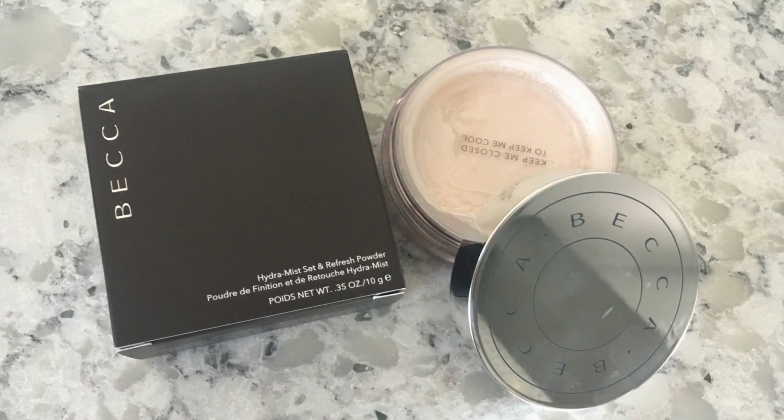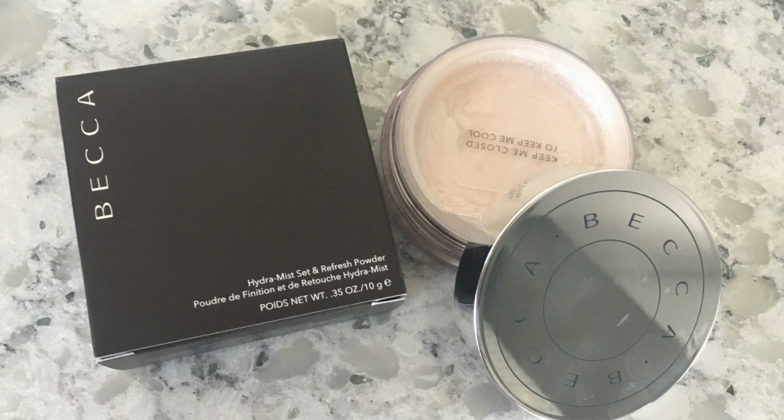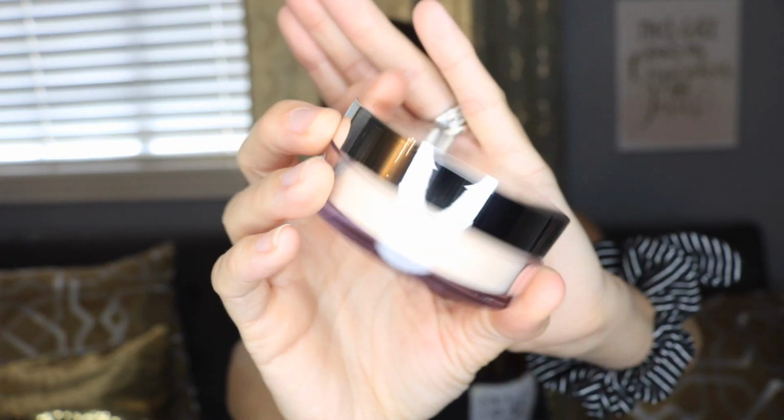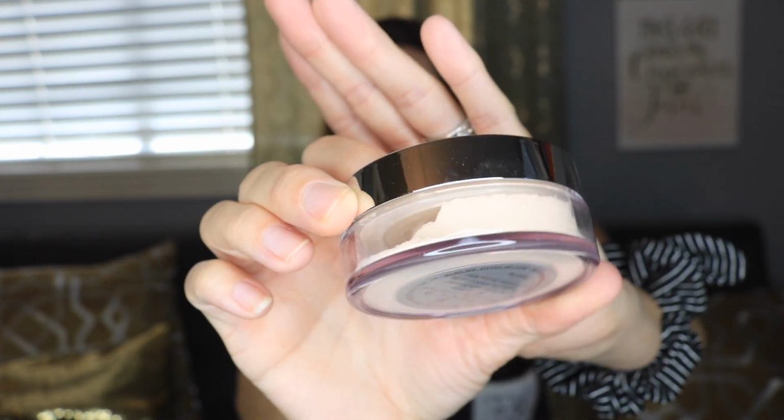Okay, this is the Becca Hydra Mist Set and Refresh Powder. And I actually have this. So let me just open it for you guys and show you. This stuff is awesome. This was one of those YouTube made me buy it things. This is what the packaging looks like, and it's just a little setting powder. And the cool thing about this is that when you put it on your face, oh wow, it's like